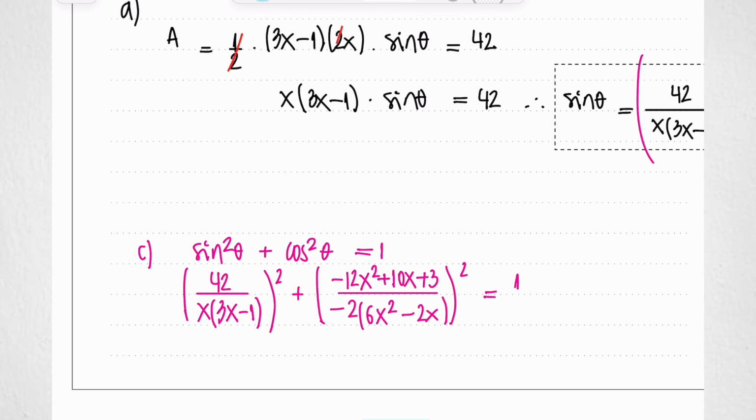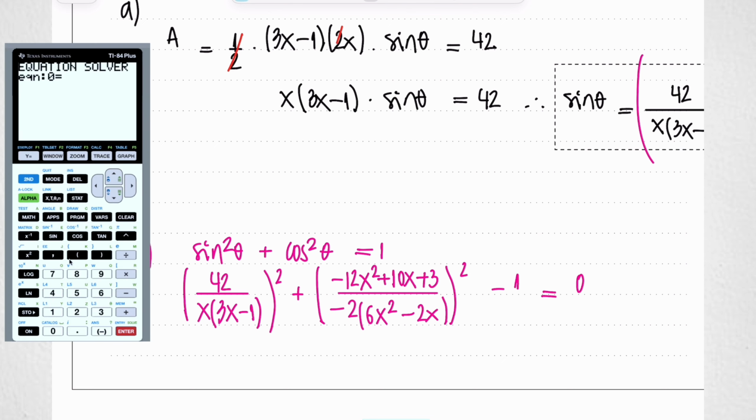And by the way, you can always move this 1 to be on the left hand side, so you have 0 on the right hand side. So you get this. So let's type it in. And by selecting an appropriate interval, guessing for example at 10, we get approximately